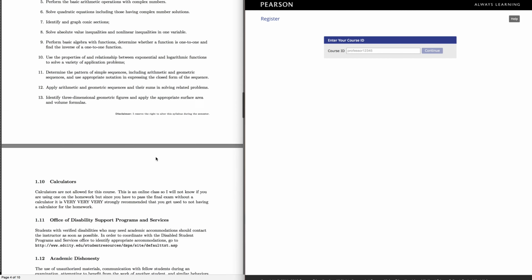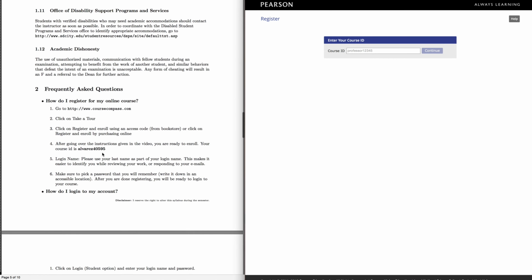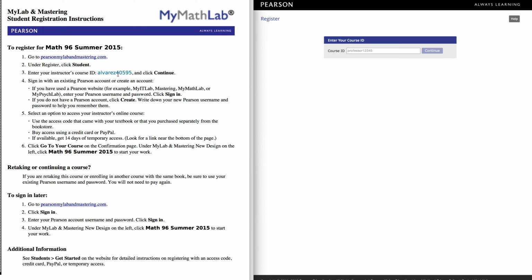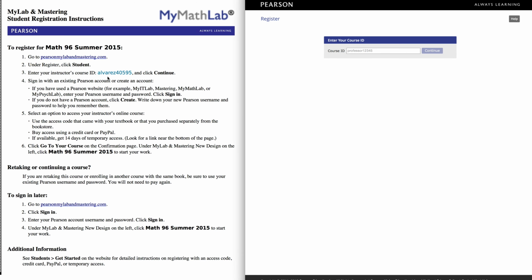Where did I write it down? Oh, I put it right here. And actually I have this student registration handout which also includes the course ID. So that's what you need. All the steps are right here, and it's actually very simple. But you put it in,